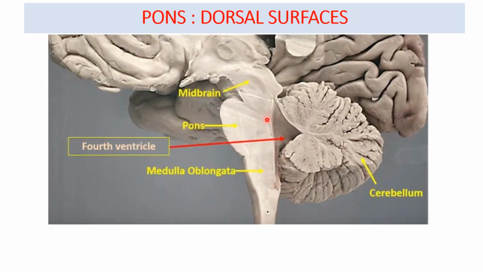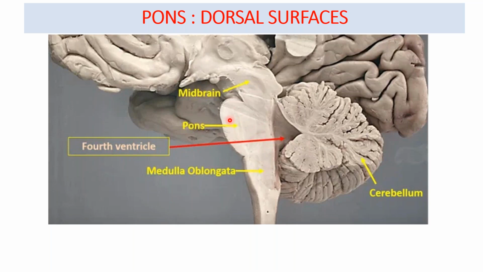Then on the dorsal surface, if we want to visualize it through the lateral view, you can see clearly this is the region of the pons, and this is the region of the ponto-medullary junction. This is the area of the fourth ventricle, which is a diamond-shaped, rhomboid cavity. The upper part of the fourth ventricle is formed by the posterior aspect of the pons, and the lower part is formed by the open part of the medulla. And this was the closed part of the medulla, which is not in relation to the fourth ventricle. It had its own central canal.